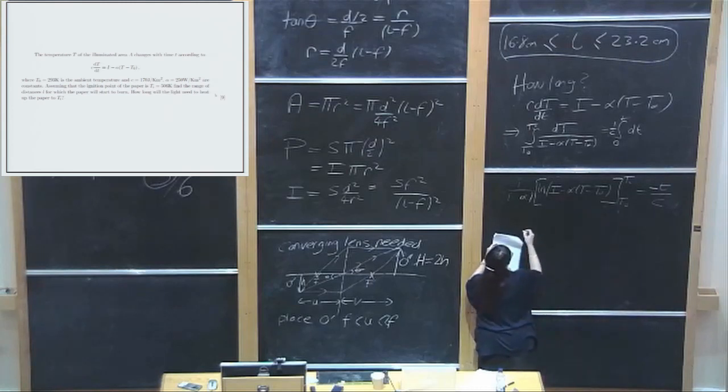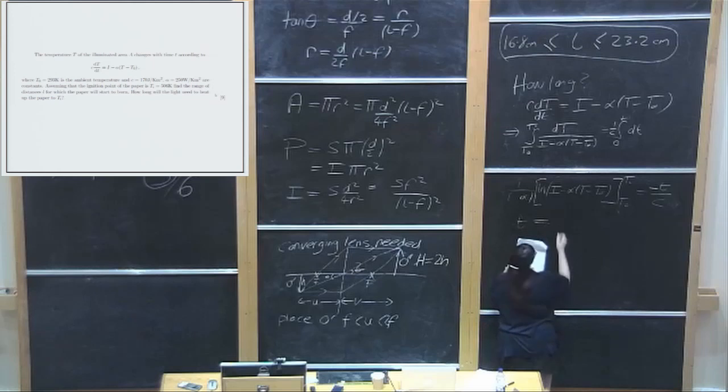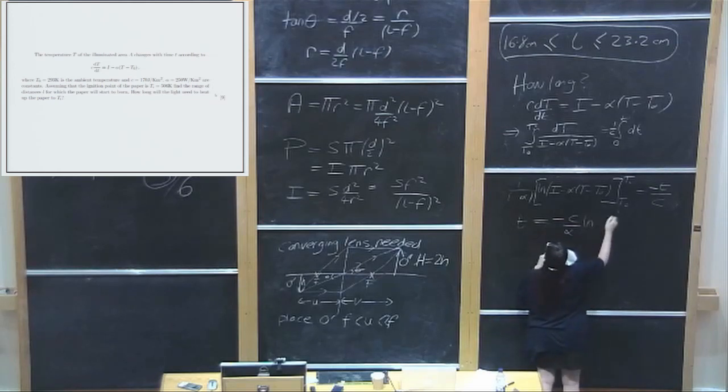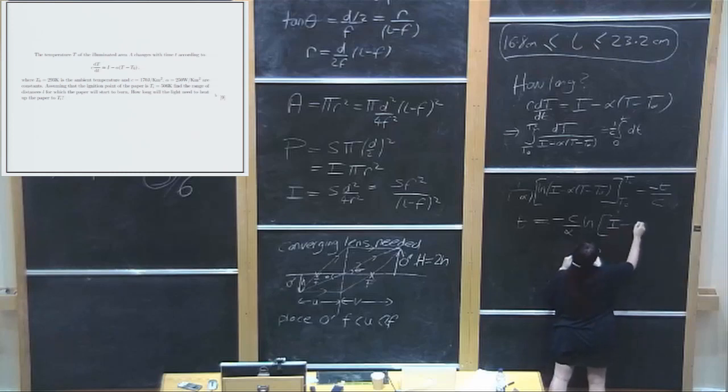Oh, actually, I'm looking for T, aren't I? I'm looking for T. No, it doesn't matter which way the minus sign is. Right, so T equals minus C over alpha log I minus alpha T minus,